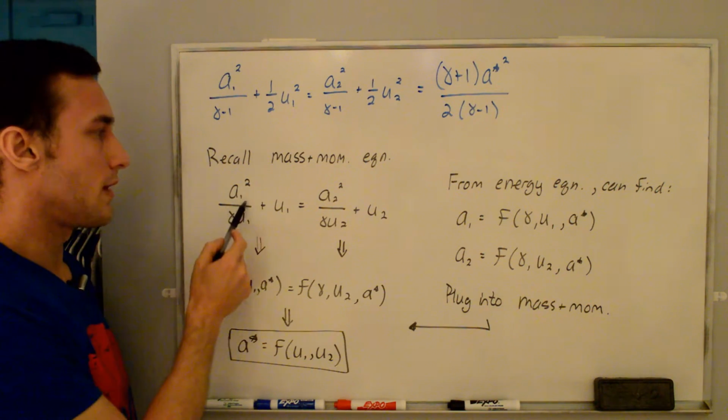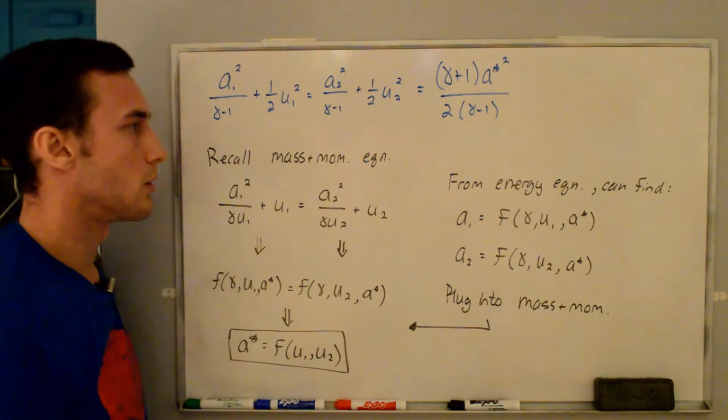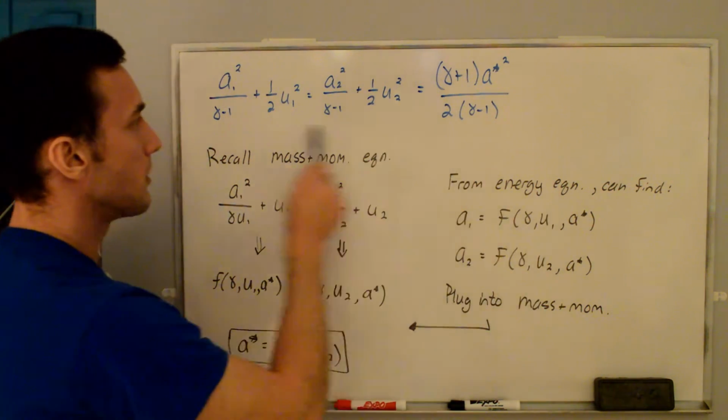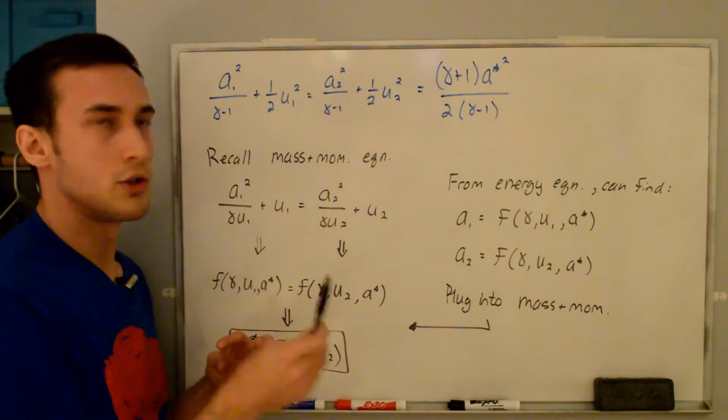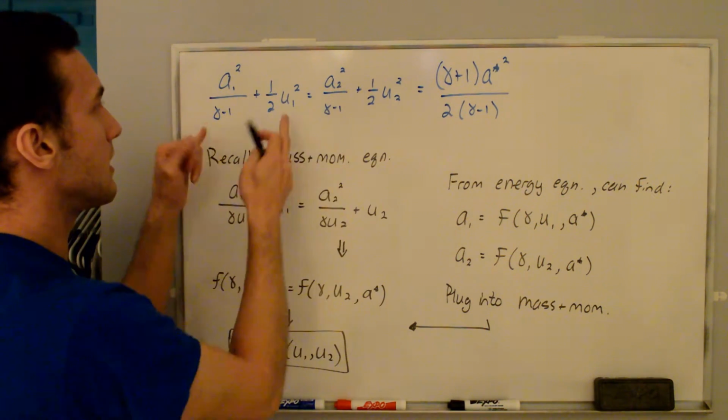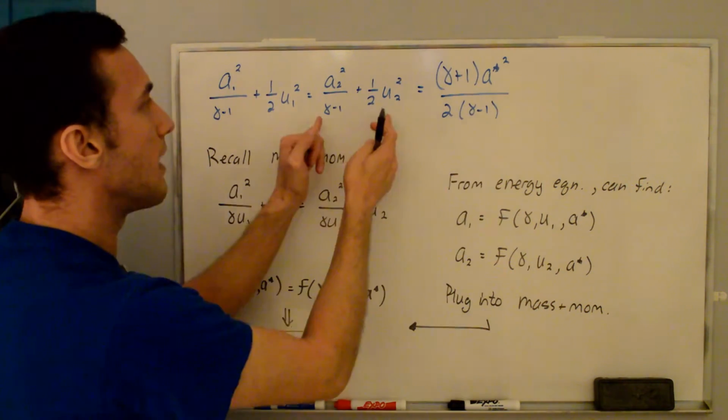We have it as a function of A1 and U1 on the left-hand side, A2 and U2 on the right-hand side. From the energy equation, so from this equation up here, you can see that we can actually break this up into two equations because of these equal signs here. So we can say that the one term is equal to this constant, and the two term is equal